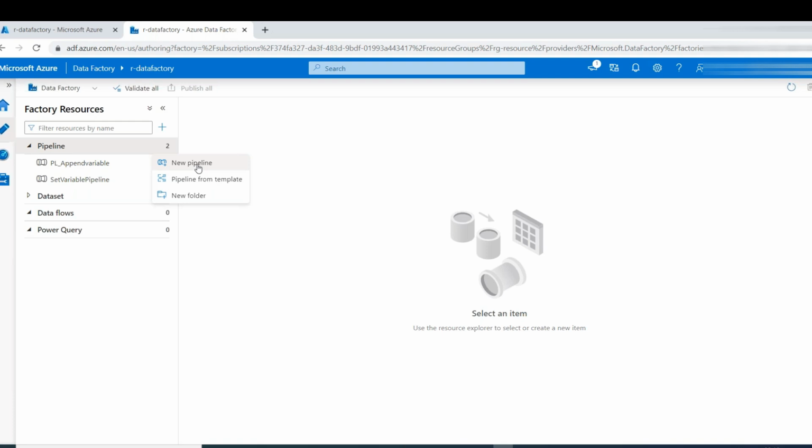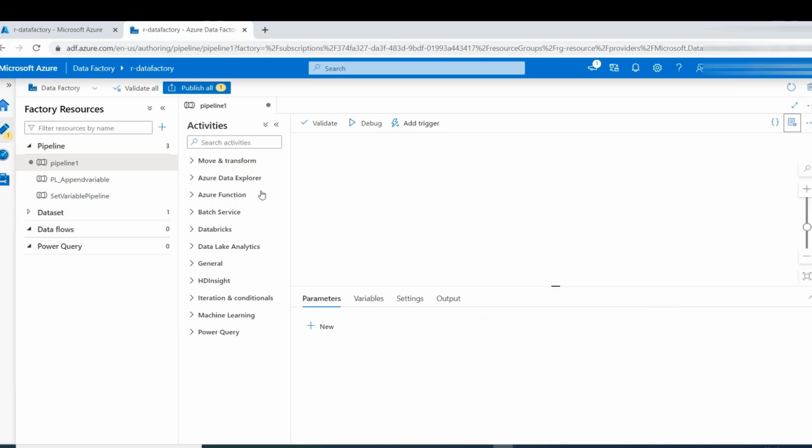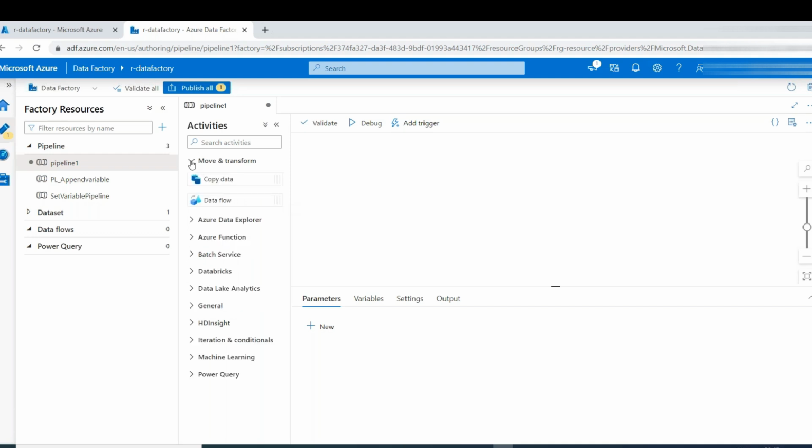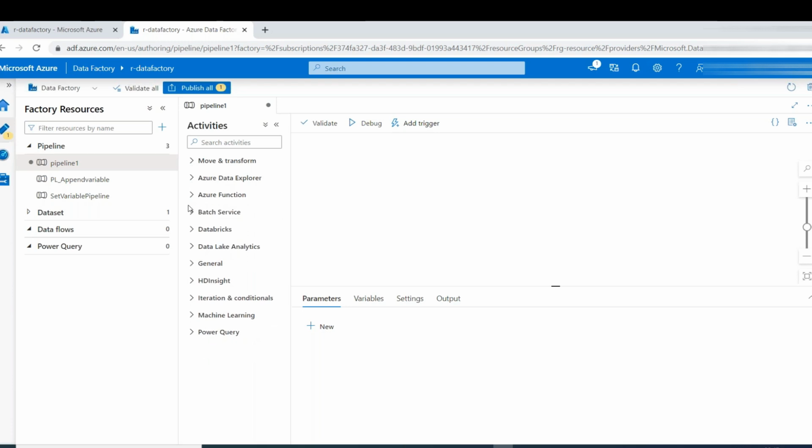If someone wants to create a pipeline to do some kind of data ingestion or transformation, these are the activities I was mentioning. Under pipeline, there are so many activities. ADF is not meant only for codeless transformations or ingestion. It has a lot more capabilities. For example, it can move data from on-premises to the cloud data warehouse using copy data, and using data flows it will do a lot of transformations. Also we have Azure Functions, to write simple kind of Azure functions, for the use case that someone wants to write some